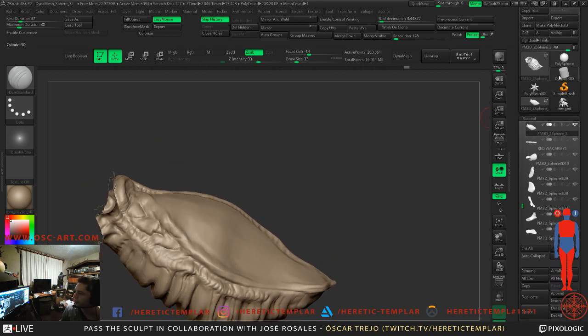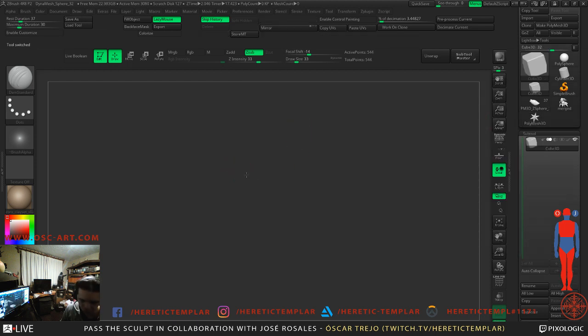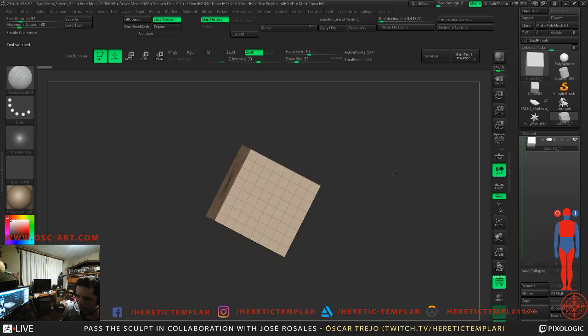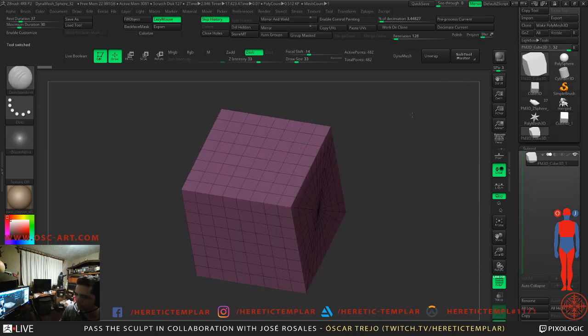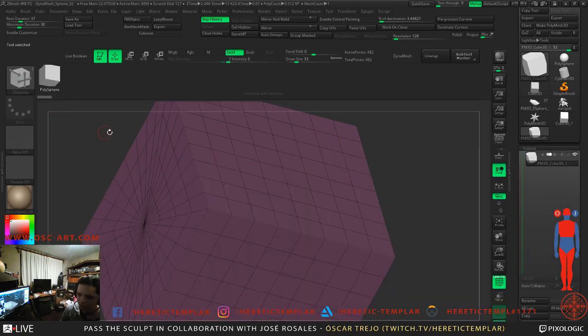So Maroon is asking how he's able to create an extrusion in C modeler. So let me see. I'm going to create this cube, make it a polymesh 3D, select C modeler, and